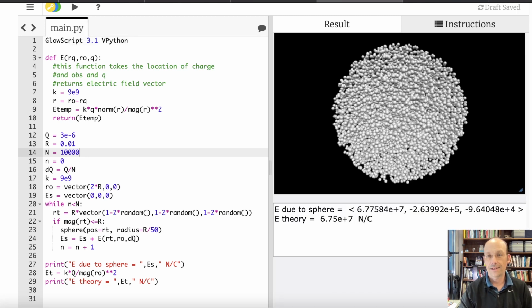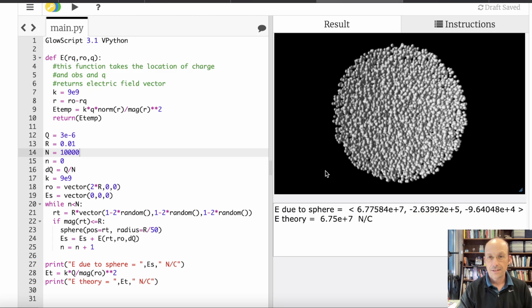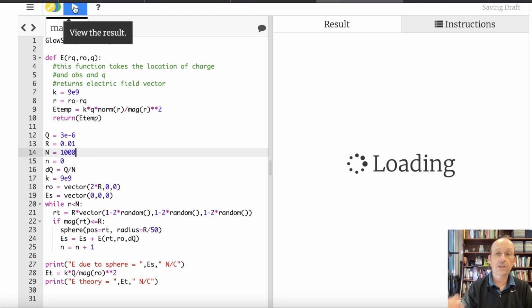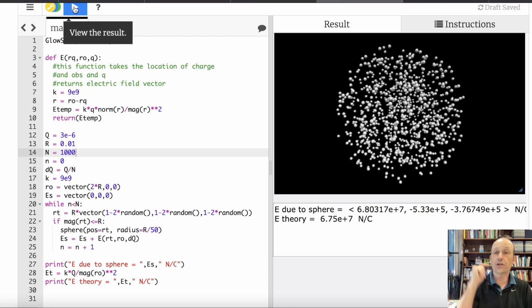Oh, look at that. I got a nice sphere right there. I get 6.77 times 10 to the 7th. And this is 10 to the 5th, 10 to the 4th. That looks great. Okay. Now I'm going to put it back to 1,000. Let's do a shell. Let's see if the same charge is spread over a shell, then is the electric field the same? Okay, so in this case, and I did a shell before with Monte Carlo